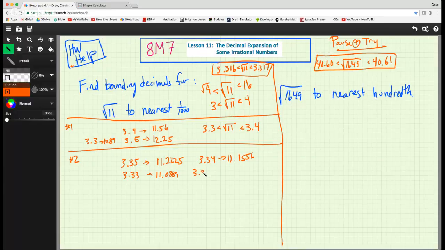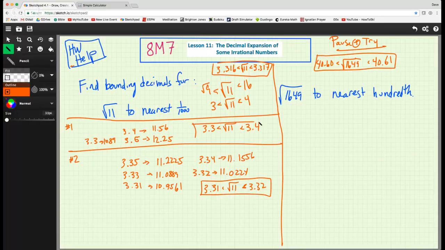11.0889. 3.32. 11, getting closer. 3.31. There we go. Now we're below 11: 10.9561. So we know that 3.31 is less than the square root of 11, but the square root of 3.32 is bigger. So here's our second